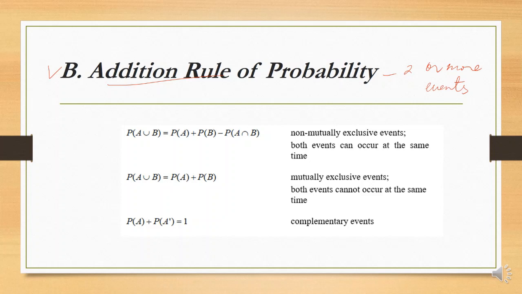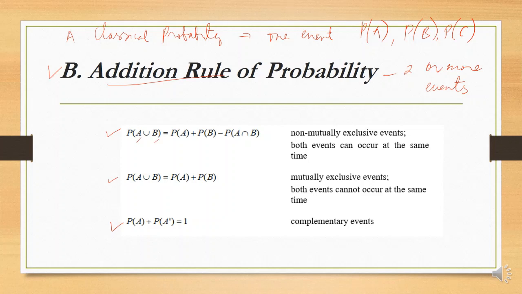Yung ating classical probability is involving only one event. Okay? Mapansin nyo, P of A, or P of B, or P of C. In this case, the formula you will see here, which are written here below, consists of event A and B